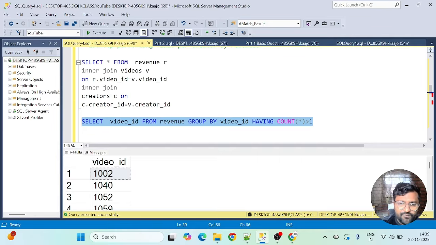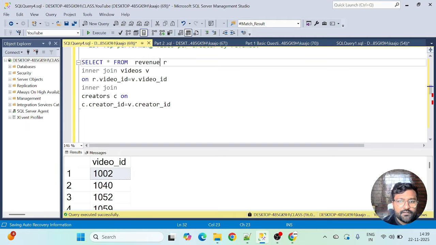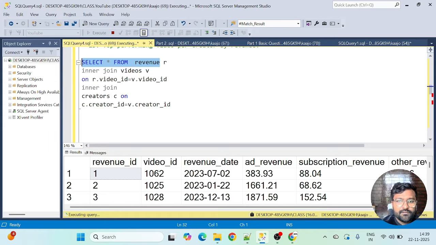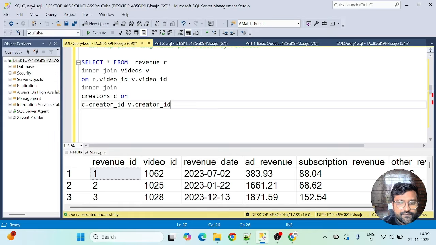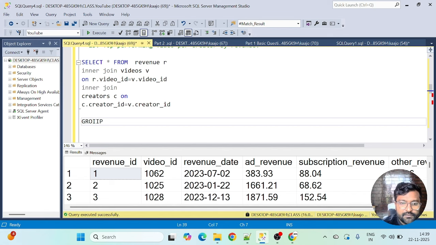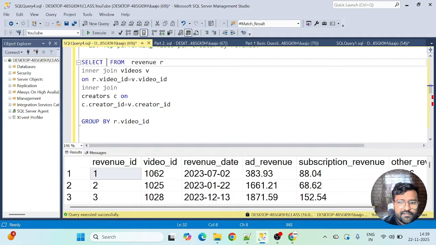Okay, so we do have more than one record. That means we probably have to take the sum from the revenue table. Let's do one thing. Let's first do a simple group by video ID from revenue r dot video ID, and let's take the sum of ad revenue plus subscription revenue